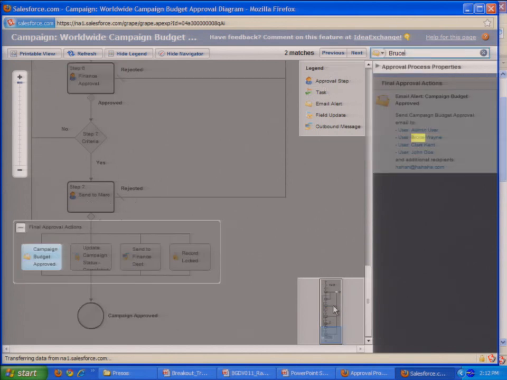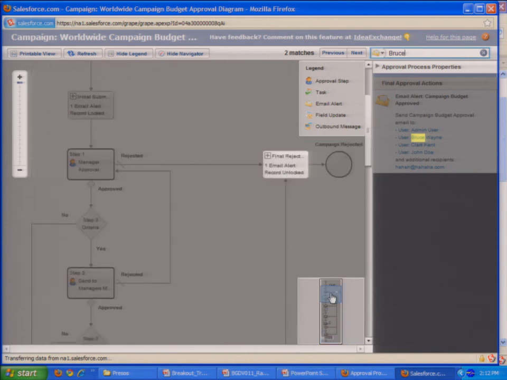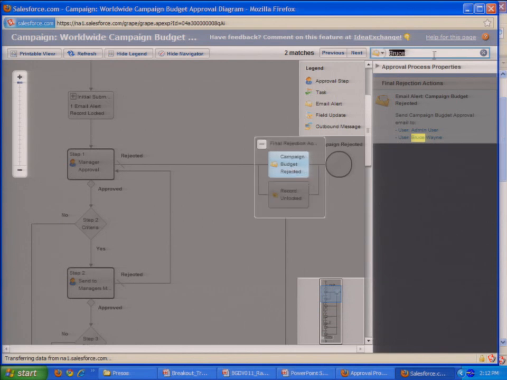And you can see that the navigator is kind of integrated into it. So you have a hit here, and actually go and find out, oh, it happens here too. And if you're an admin, you have a field and you want to find out if the field is used, so you want to change the API names, or you want to find out what's happening with the field, then you can just say,